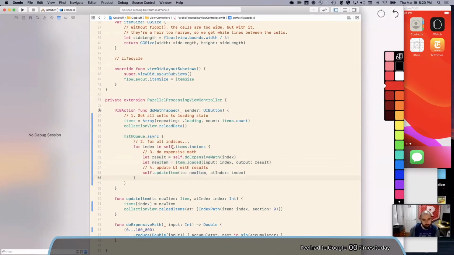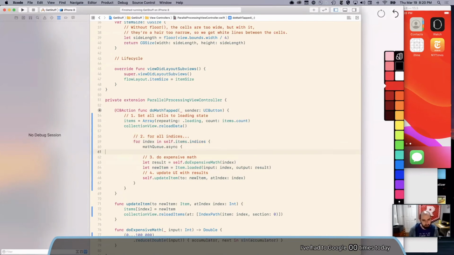And then after I've done all my indexing and updating, okay, I might have to skip to the end here because I don't have a good way to write the interim step, which is I don't actually want to do all of this work on the background queue. I want to do it and update the UI as each one finishes. The only easy way to do it all first, I was going to demo it by saying, look, we do all this work, but nothing updates until the end. But I would have to set up a dispatch group and do a whole bunch of shenanigans for that. I'm going to skip right to the end, which is saying I'm actually going to do each of these pieces of work on the math queue.